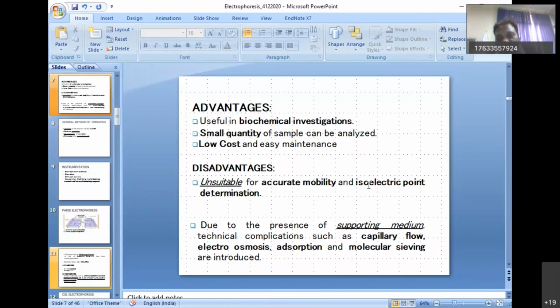Isoelectric point is basically the pH of the solution where the protein has no net charge, so the net charge becomes zero. Because it is related to the pH, when the protein moves in a solution depending on the pH and reaches its isoelectric point, the separation of the protein molecule stops. So on the basis of that, you can also do separations.